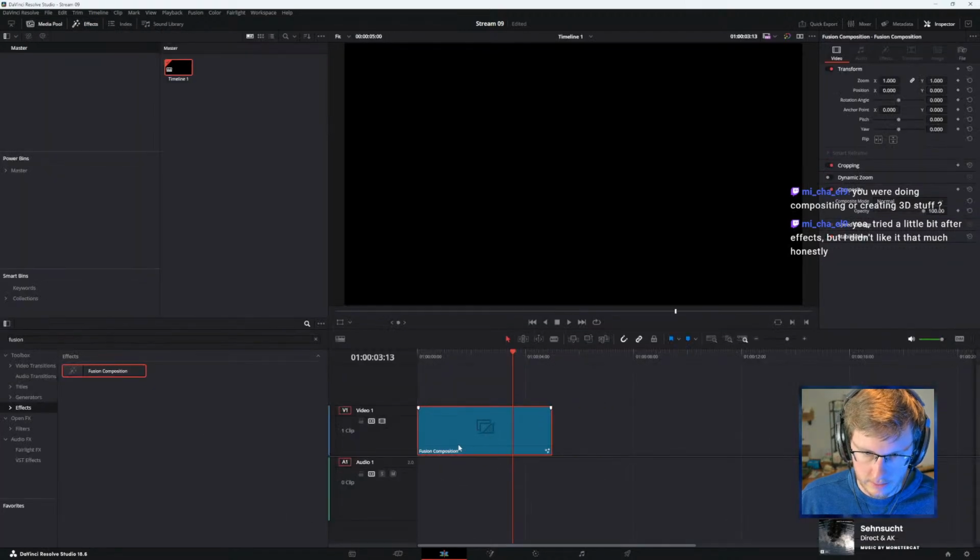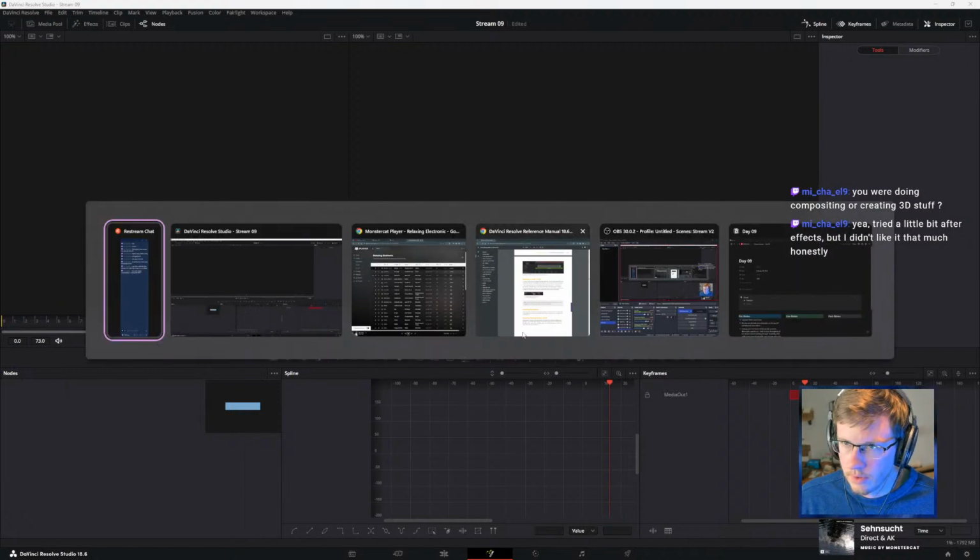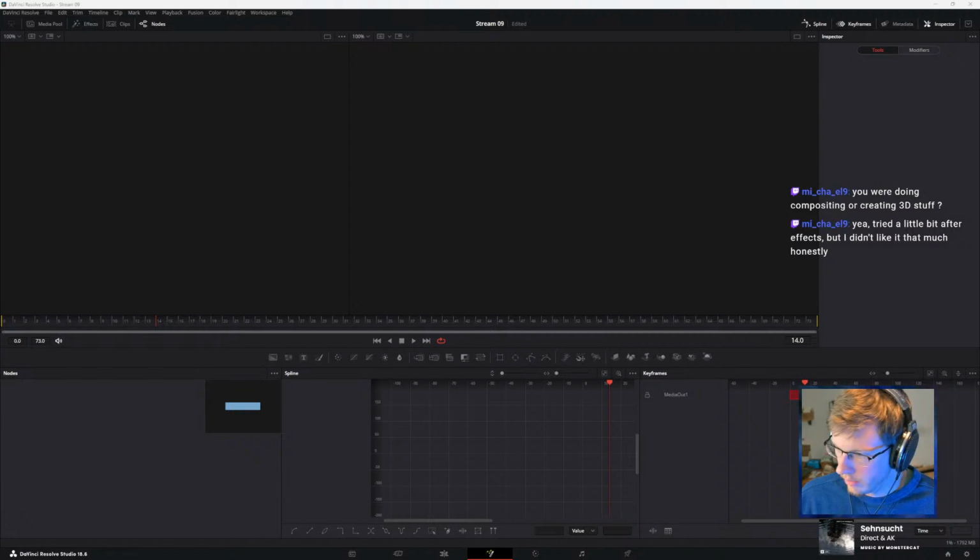Actually, I think it's a little easier in the timeline when we're doing the keyframes if you start on 0. Alright, we're over here. No, this goes negative. Okay, whatever. Where'd it go?